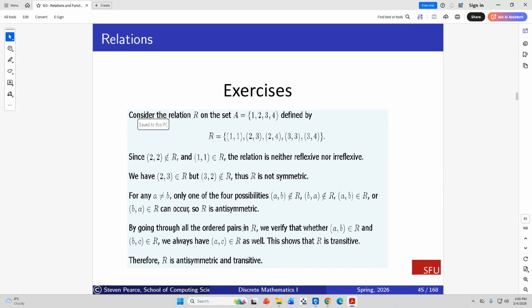Remember the possibility that a equals b, when they can't equal each other, the third element. By going through all the ordered pairs in R, we verify that when (a, b) is in R and (b, c) is in R, we have (a, c), so it shows that R is transitive. Therefore, R is anti-symmetric and transitive. All right. We talk about a fully transitive, but since we have loops here, you could say it is not reflexive as well. So this is an incomplete description, but that's how people in this area talk about things, and they're inconsistent